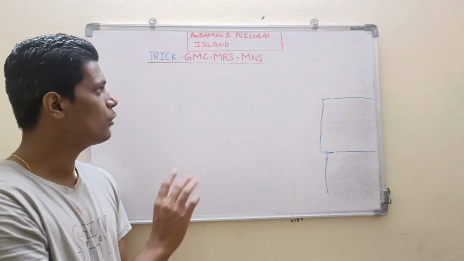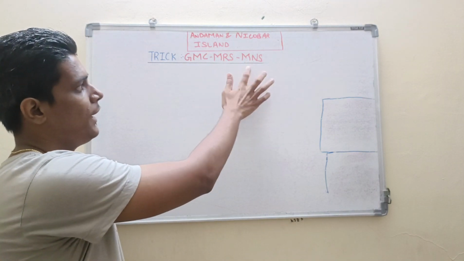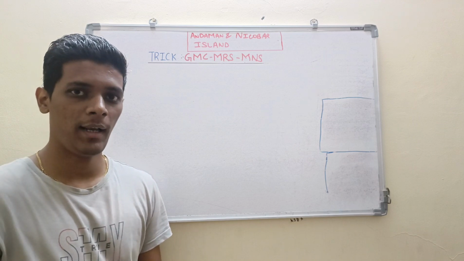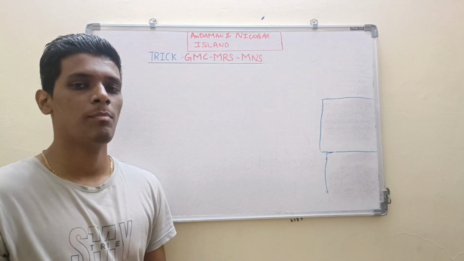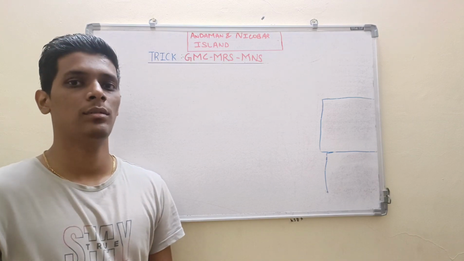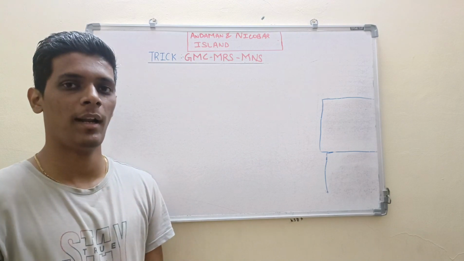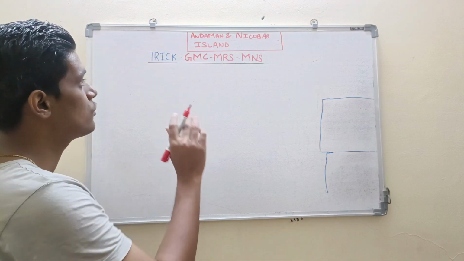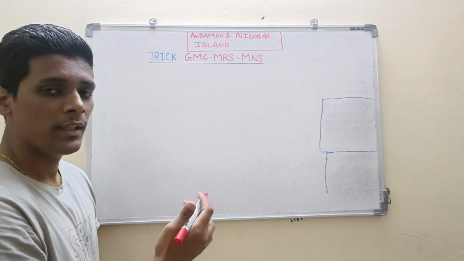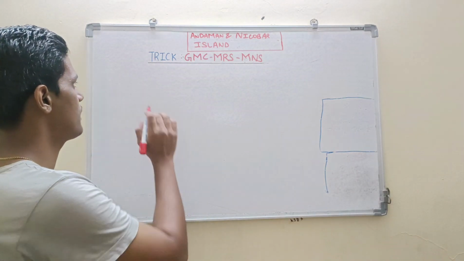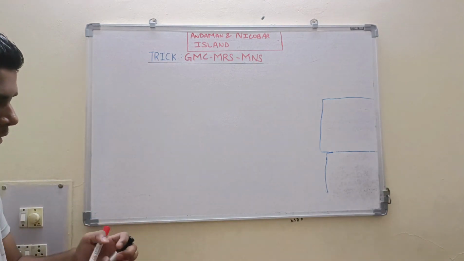There are a total of 3, 3 and 3, so 9 national parks in Andaman and Nicobar Islands. If you just try to learn them by heart, you can't remember the exact names of the national parks. So to learn them, you just have to remember the first letter of each national park. For example, we can write here